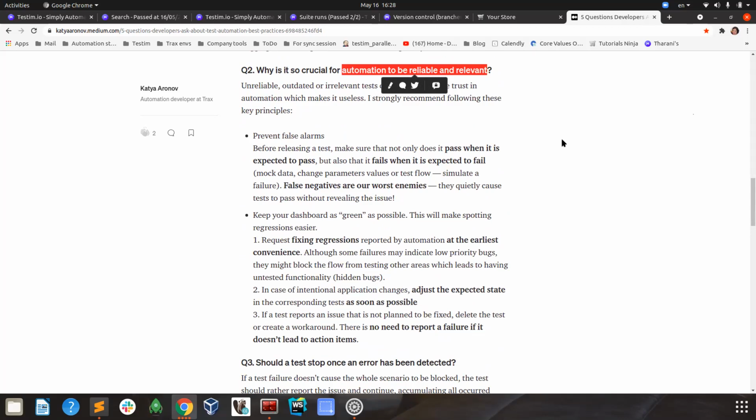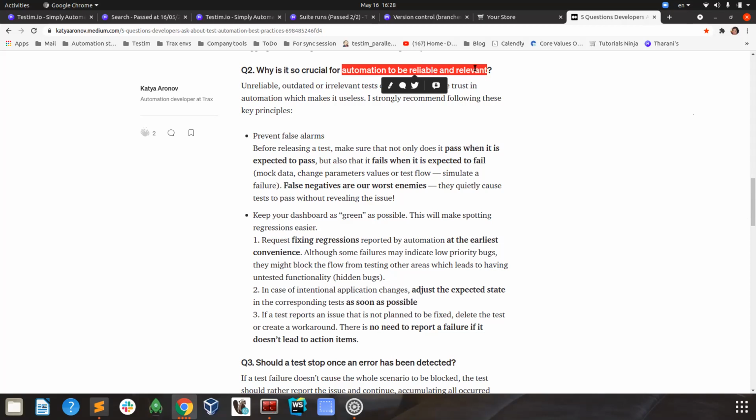So make sure that automation is reliable. Otherwise, people will lose trust in it. If everything is always failing, then no one will bother to see what outcome automation reports. I can talk about it a lot, and there are lots of examples that I can give, but if I summarize it in one word, always think how you can make your automation outcome reliable